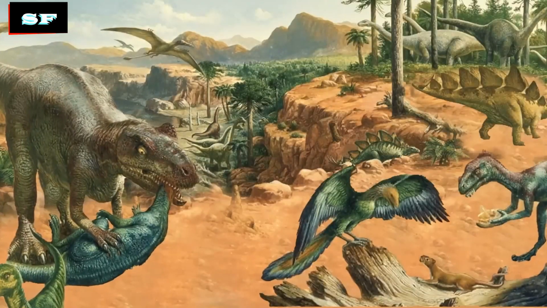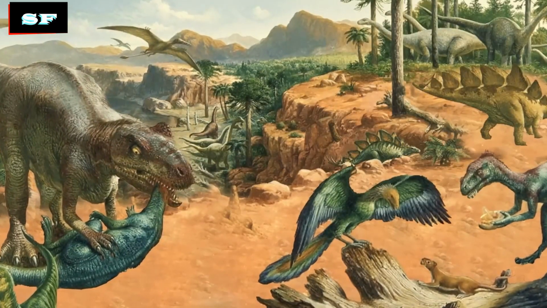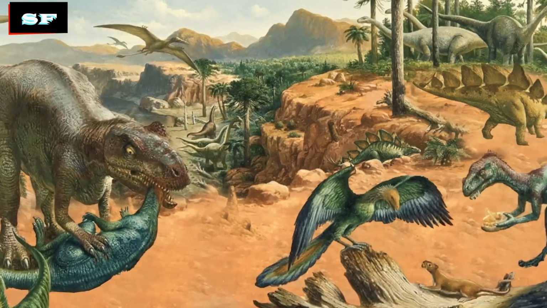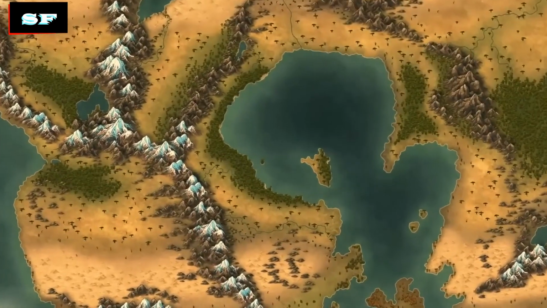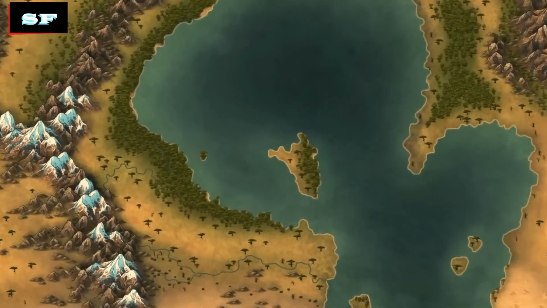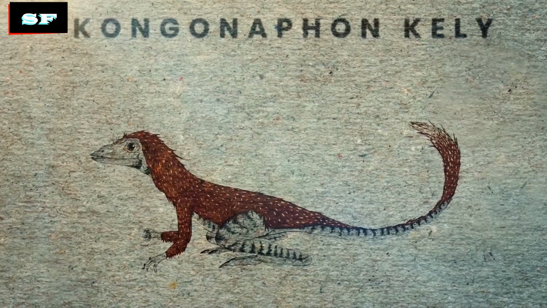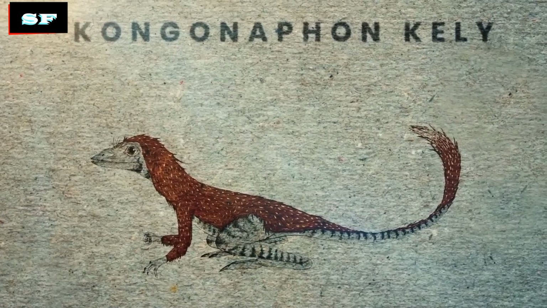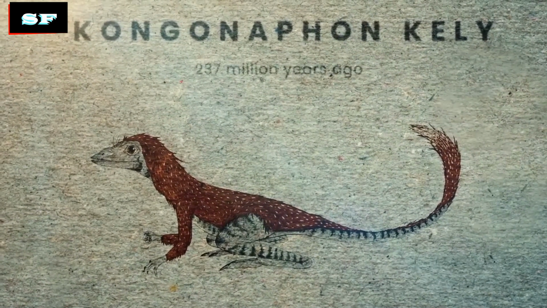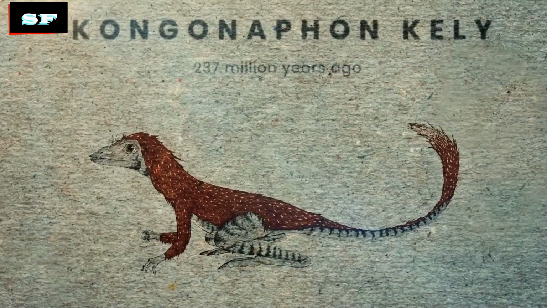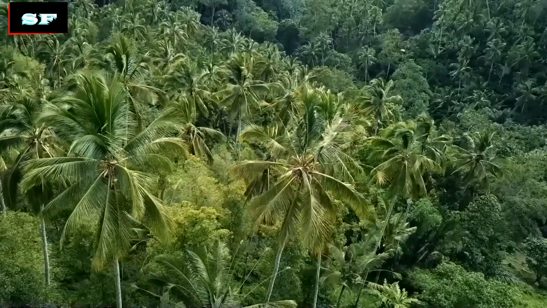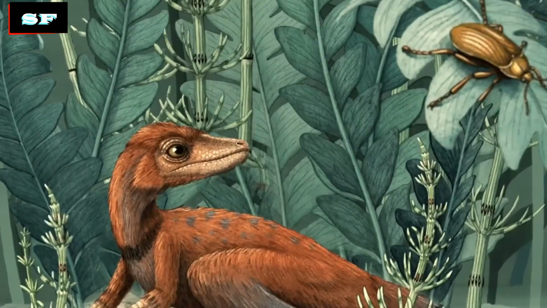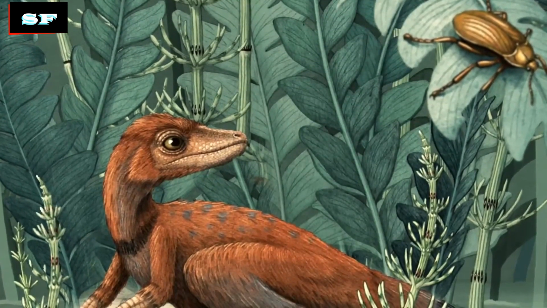But new research shows that the dinosaurs and their pterosaur relatives evolved from extremely small ancestors. Proof of this theory was discovered in Madagascar, when a newly discovered reptile species was found. Named Congonophon kelly, or tiny bug slayer, it lived some 237 million years ago and stood just 10 centimeters tall. It's one of the first small animals found from the root of the Ornithodira family tree and is an important